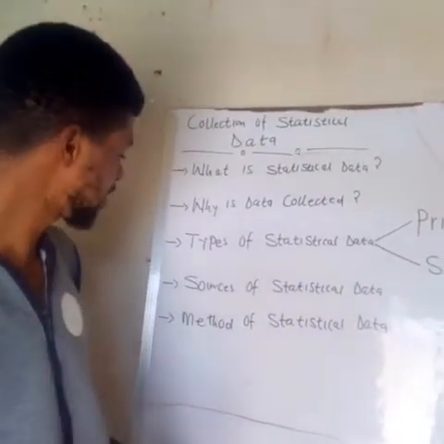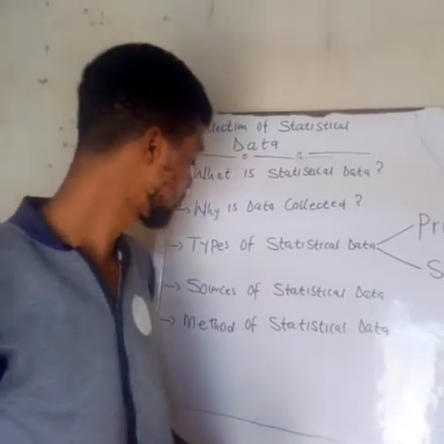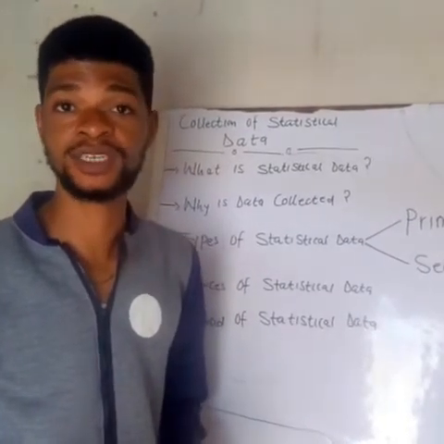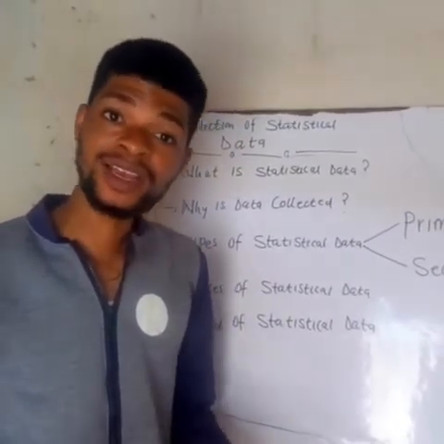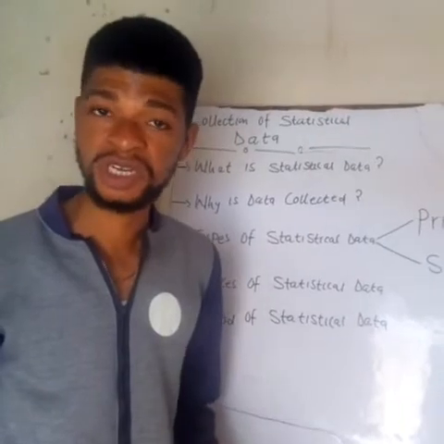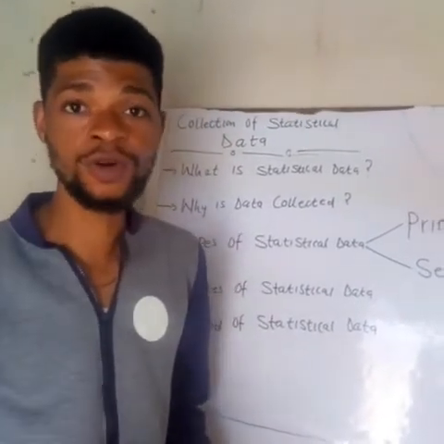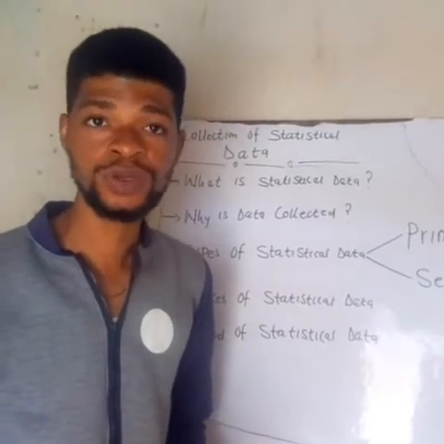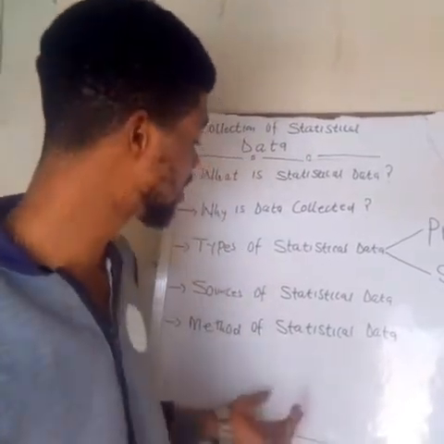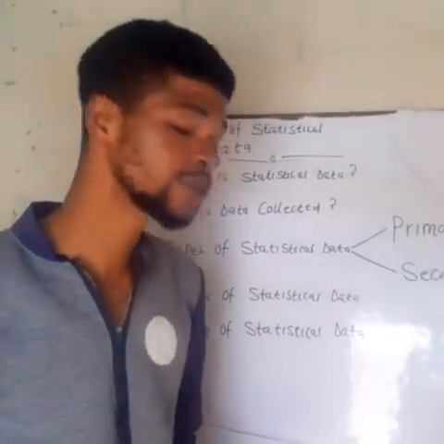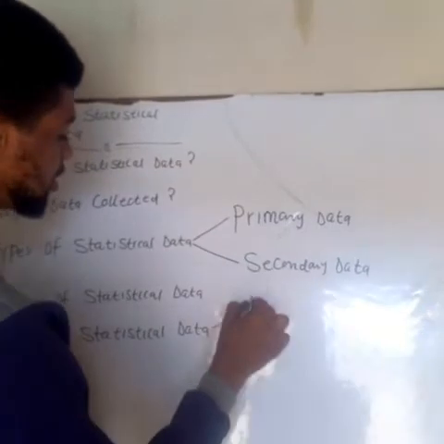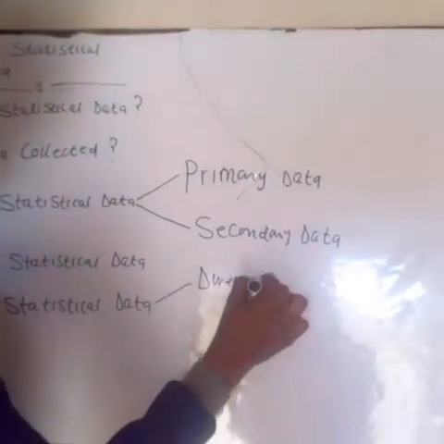And the last one here is the method of statistical data. The method of statistical data talks about the method by which your data can be collected from the field. Data can be collected directly from the field, or from an organization. It can be collected by means of telephone call, and it can also be collected by means of newspaper. We have several methods of data collection. For those I just mentioned, the first is the direct method,